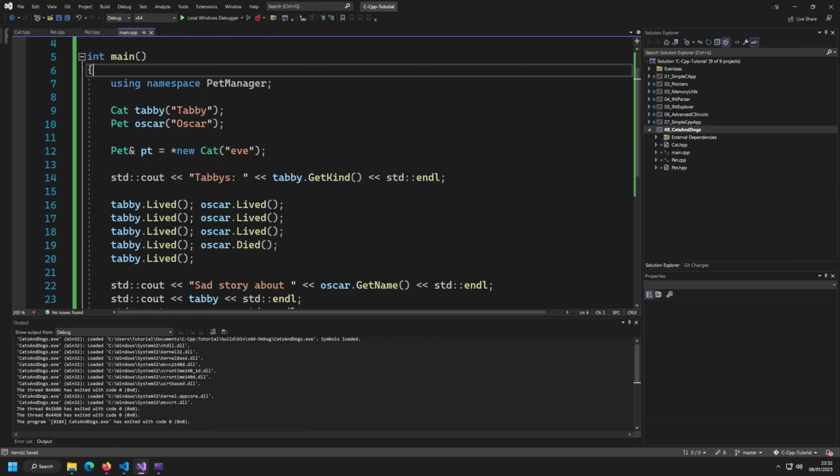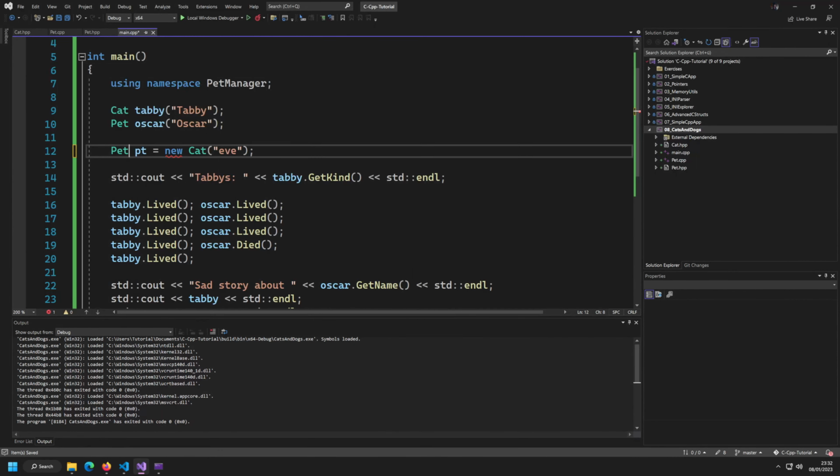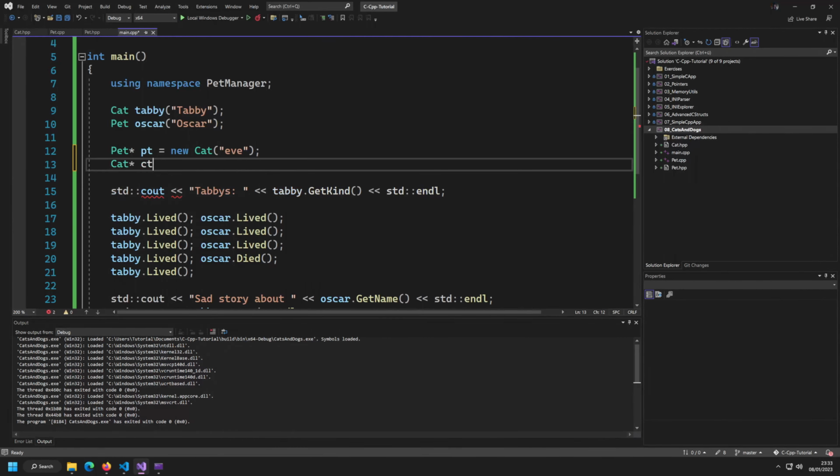You should not do this because you lose the pointer, but you get the point, this would work. The other way around actually does not work. I cannot do a cat pointer based on a pet pointer. This does not work. If you want to do something like that, you need to call some odd thing called